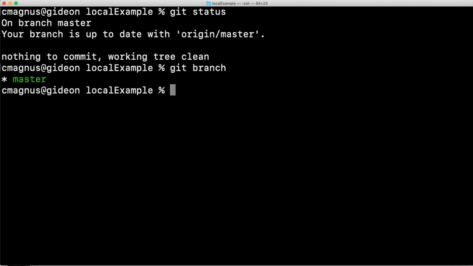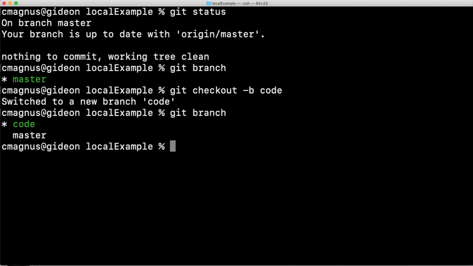If I want to create a new branch, I type git checkout, and then I use -b, which tells it I'm making a new one, and then I give it a branch name. I'm going to make one for code. Now if I type git branch, you'll see that there's a little asterisk by the code branch, and I'm not in the main branch anymore. I like to make my branch names short but specific. I need to know exactly what they are, but I'm going to be typing them a lot.